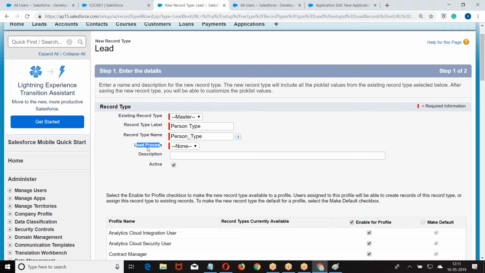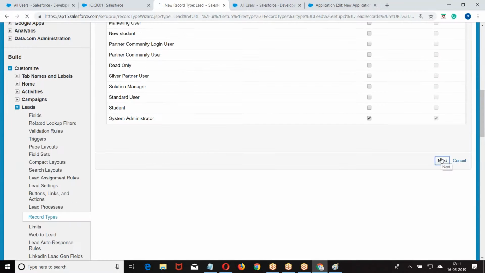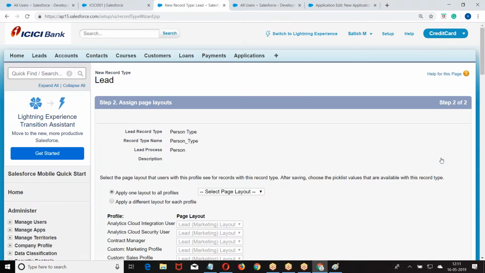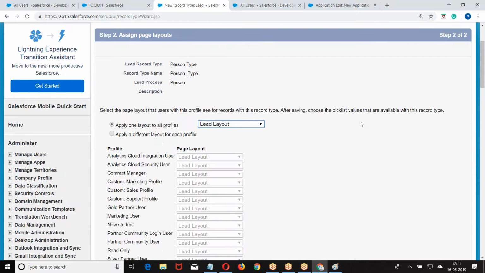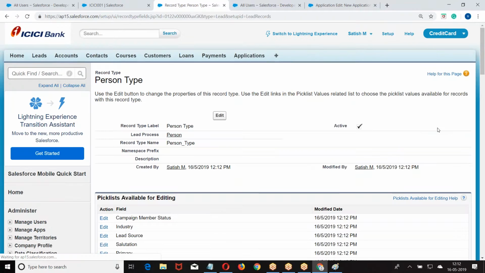Lead. For this record type, assign this process. How many record types did I create? Only one record type. So when I open the lead,